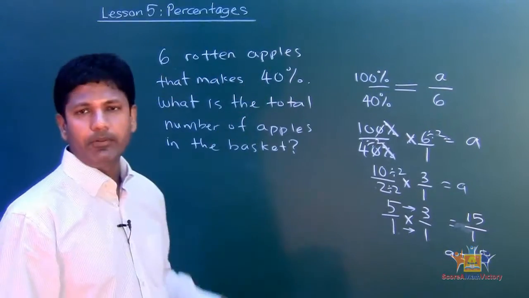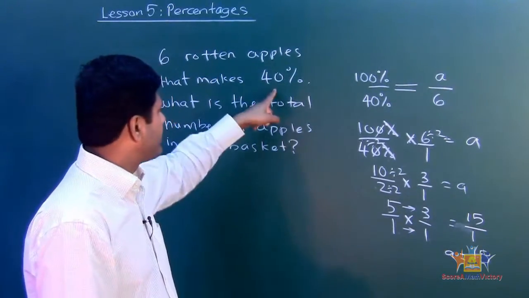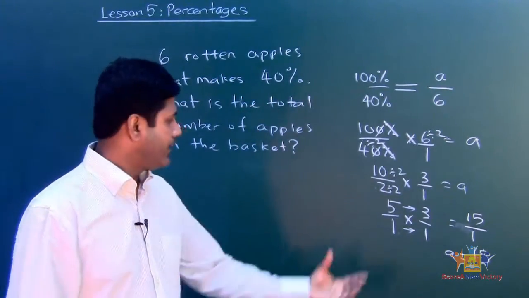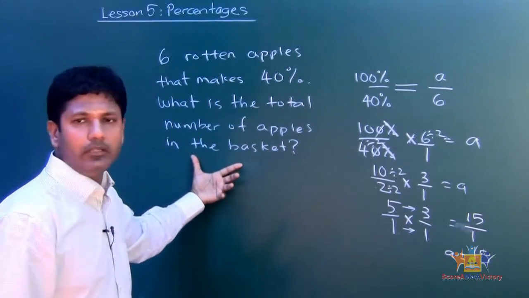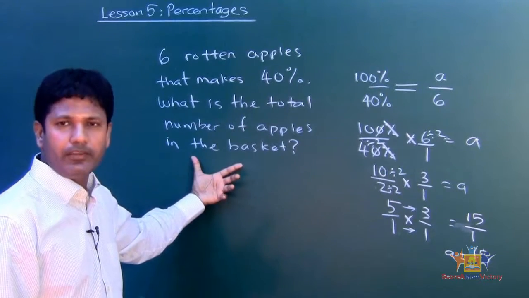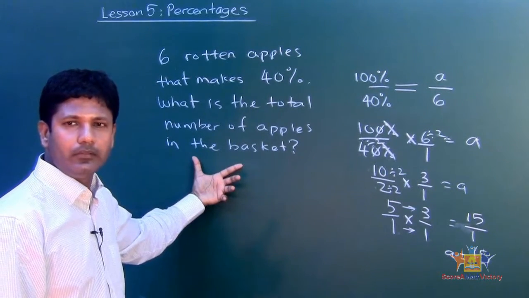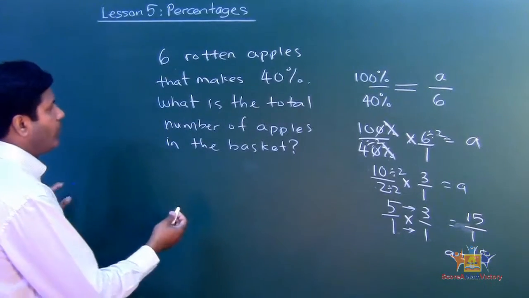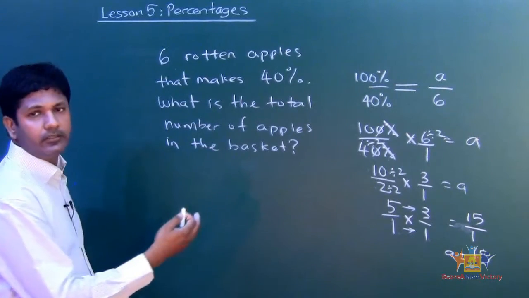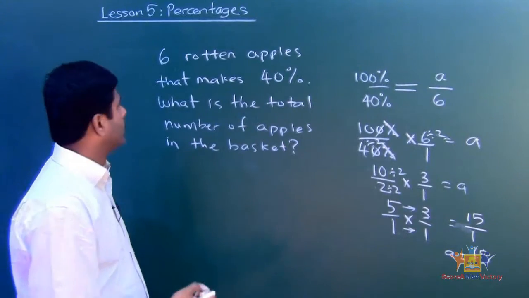6 rotten apples. That's what makes 40%. See that? We found that the total apples in the basket were 15. Alright? Pretty easy, isn't it? Now if I had to put this in another format, so I can say, what is the number